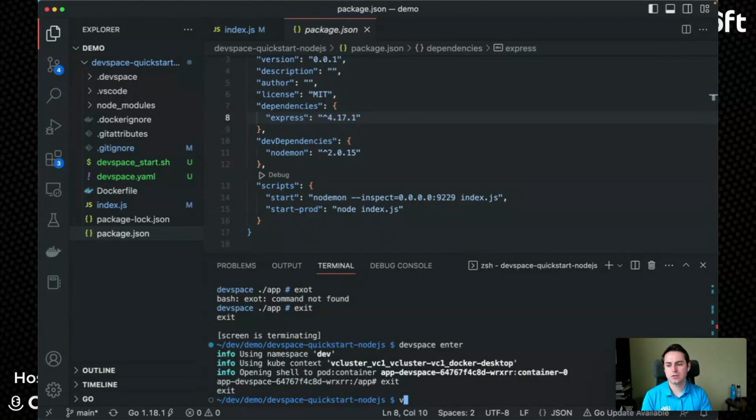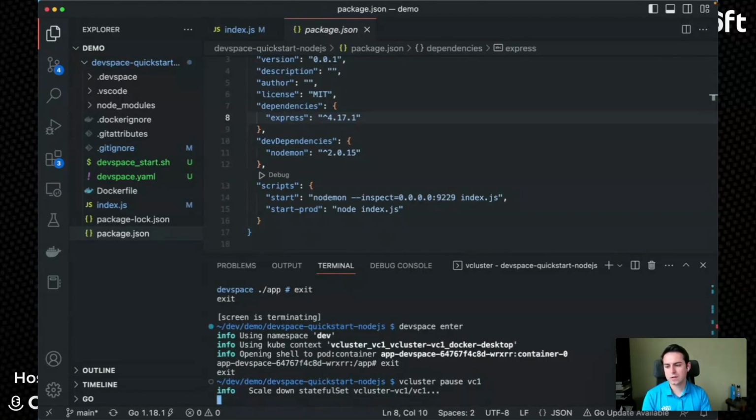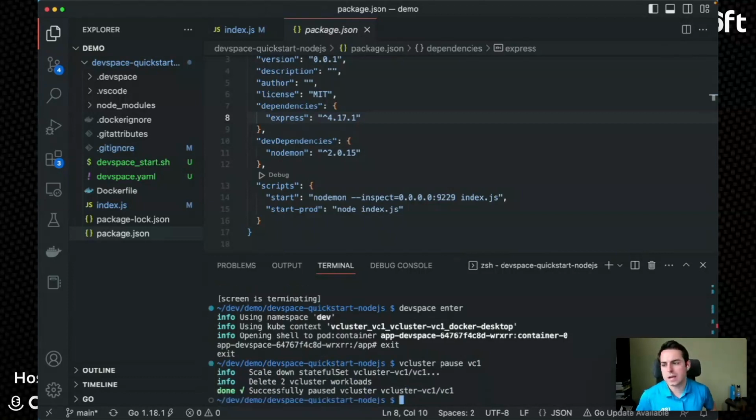So I can now turn my virtual cluster off by running vcluster pause and pausing the virtual cluster. Or I can run vcluster delete to entirely wipe the virtual cluster and then use a blank new one next time. And again, I can have 5 sleeping ones in the background, and I can work with 3 virtual clusters in parallel. So that combination of DevSpace and vcluster is also very, very powerful to boost developer velocity. All right, that's pretty much the end